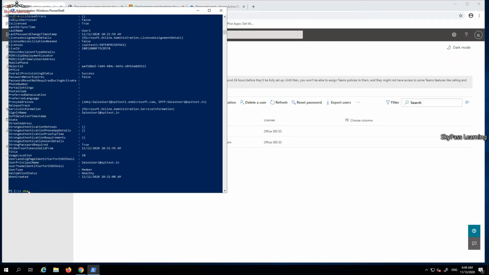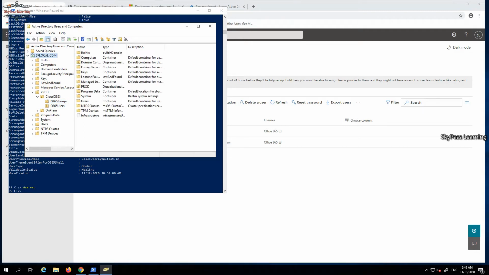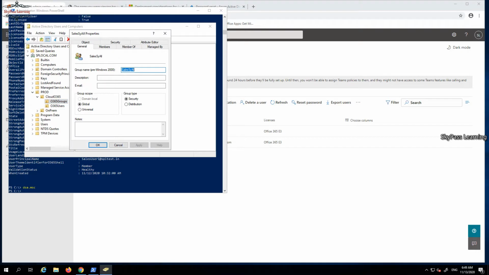Active Directory Users and Computers. So what I have on-premises right now is my domain, splocal.com, where I have an OU called cloud users. I have some on-prem OUs as different ones. So I have the cloud O365 organizational unit. I will synchronize this organizational unit only, where I have a group and users. Sales SY I have taken for the sync: user 1, sync user 2, and the group is sync user all for sales. This group has 2 members, these 2 user accounts. So this is what I have on-premises right now.